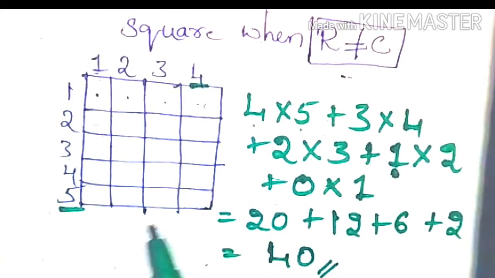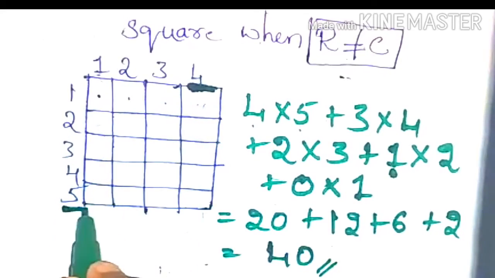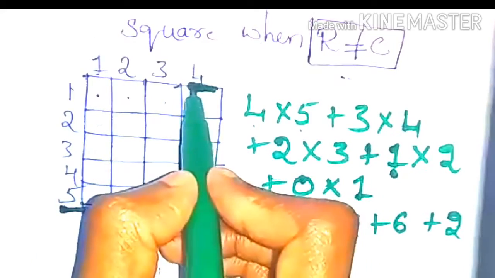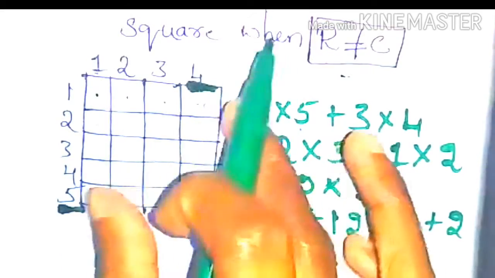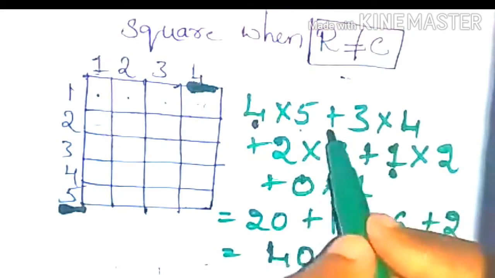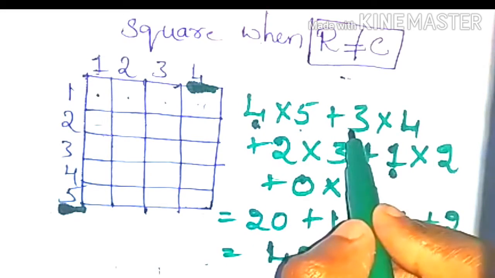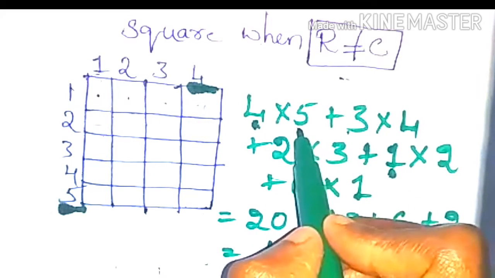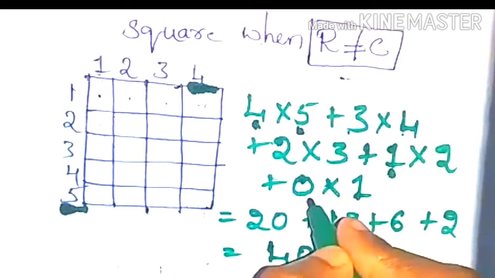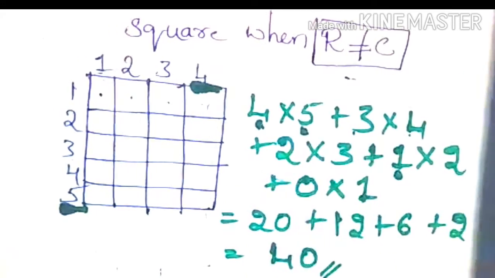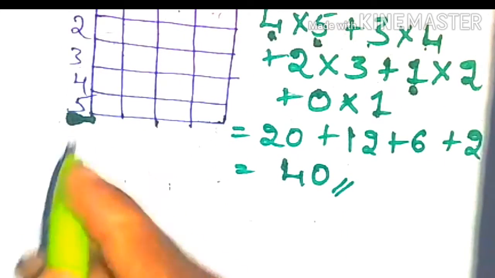Once again I am explaining. This is a figure in which 4 columns and 5 rows are there. Take the highest from the columns and the highest from the rows, and from these two terms only we have to subtract 1 each time. From 4, when we subtract 1 it is 3. From 5, when we subtract 1 it is 4. Like that we do until we get 0, and next add all those. Let us see one more example.